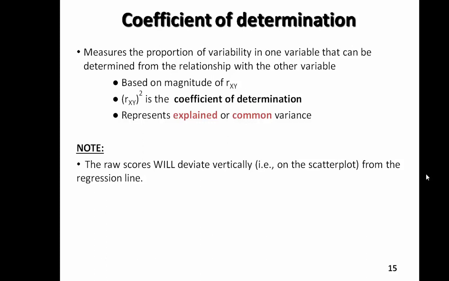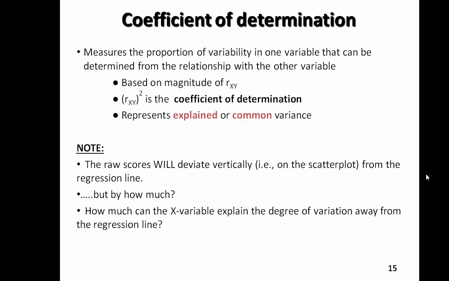And just a few points to note here: raw scores will deviate vertically on the scatter plot from the regression line, and deviating vertically assumes that number is taken at a fixed x value. But the big question with the coefficient of determination and regression analysis is to try to quantify how much that vertical deviation occurs. And so what we ask here is, how much can the x variable explain the degree of variation away from the regression line of the